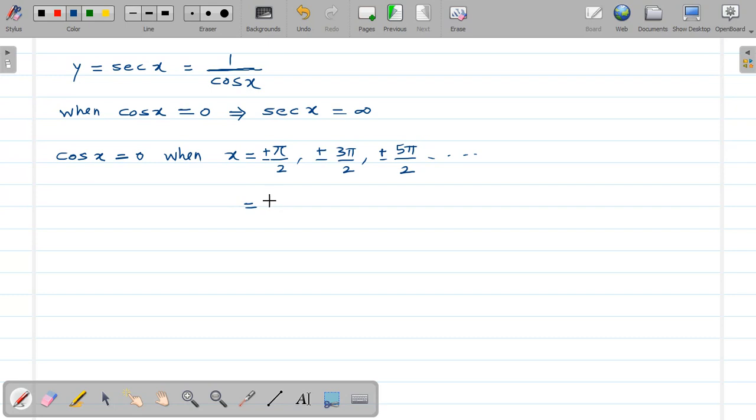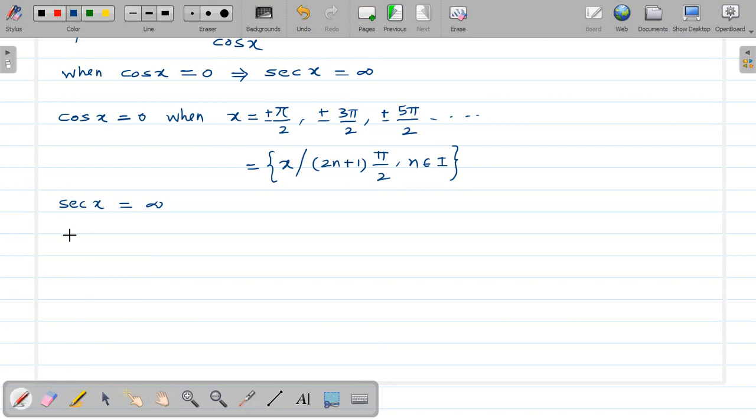So cos x is equal to 0 when x is equal to, I will write this like this, x such that 2n plus 1 into pi by 2, where n belongs to set of integers. 2n plus 1 indicates the odd multiple of pi by 2. So see here, 1 into pi by 2, 3 into pi by 2, 5 into pi by 2, next angle will be 7 into pi by 2, so on like this. For these angles cos x is always 0, and in that case sec x is always infinity.